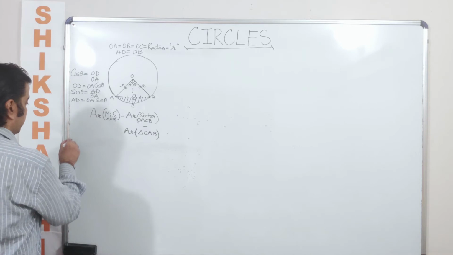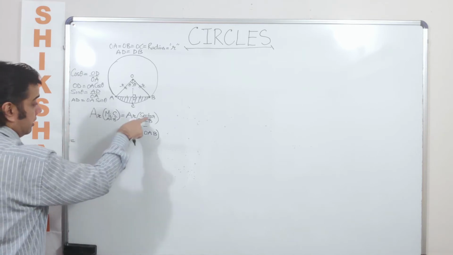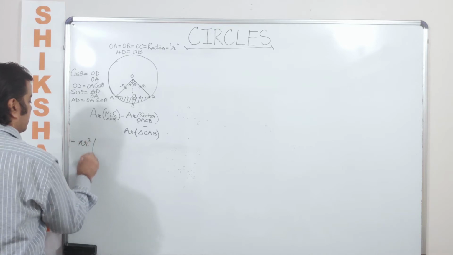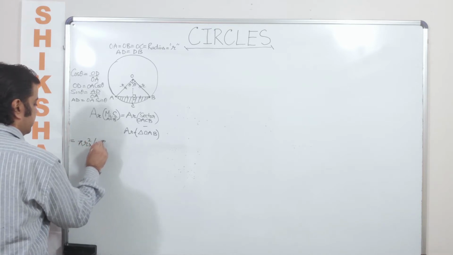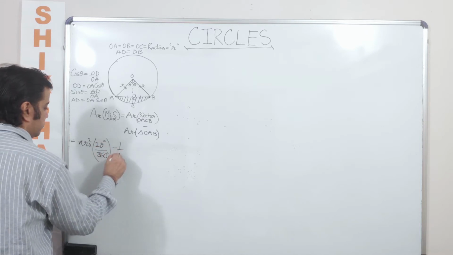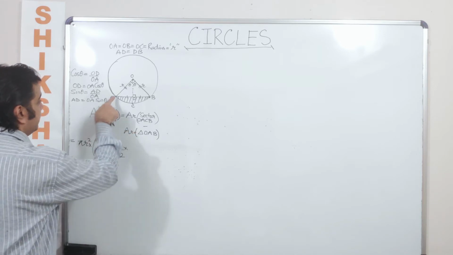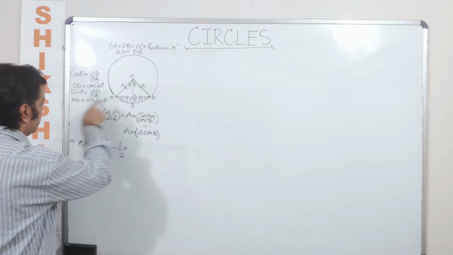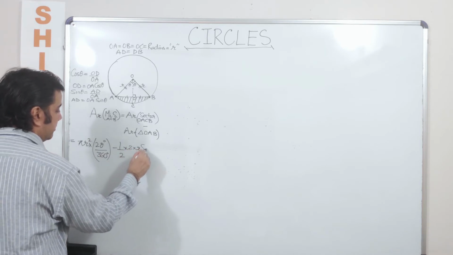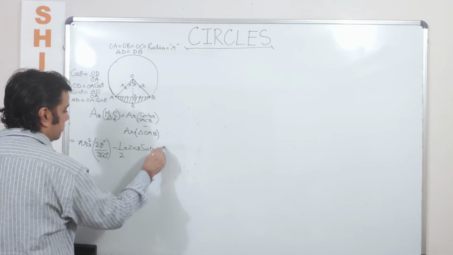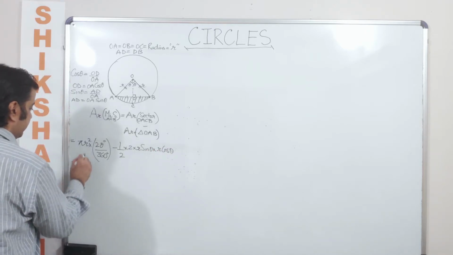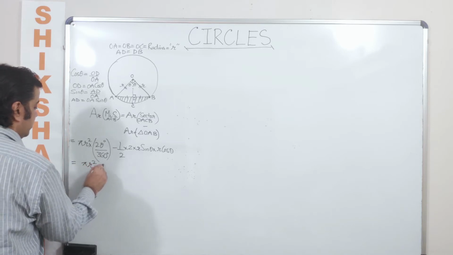So coming back again, now if I have to calculate the area of the sector, it is nothing but pi r square into 2 theta degrees divided by 360 degrees. From here we are supposed to subtract the area of the triangle, which is half into base. Base is how much? AB is twice of AD. So you will say that this is nothing but 2 into r sine theta into height, which is r cos theta. So from here finally, what do we get? We get pi r square into 2 theta